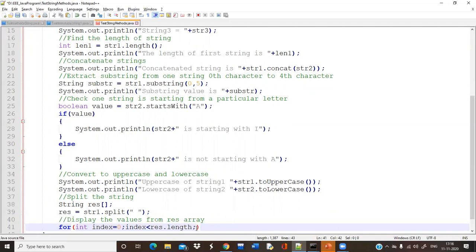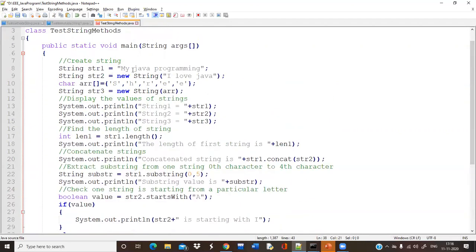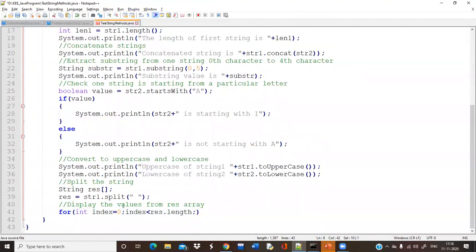So remember, bracket is not required, because this is an array of string, but the concept is array. Clear? So all the words of string 1 I am dividing. So this is my, a single value. Then with respect to space I'll omit. Then Java will be stored. Then programming will be stored. So all these values will be stored sequentially in the array by using this split method.